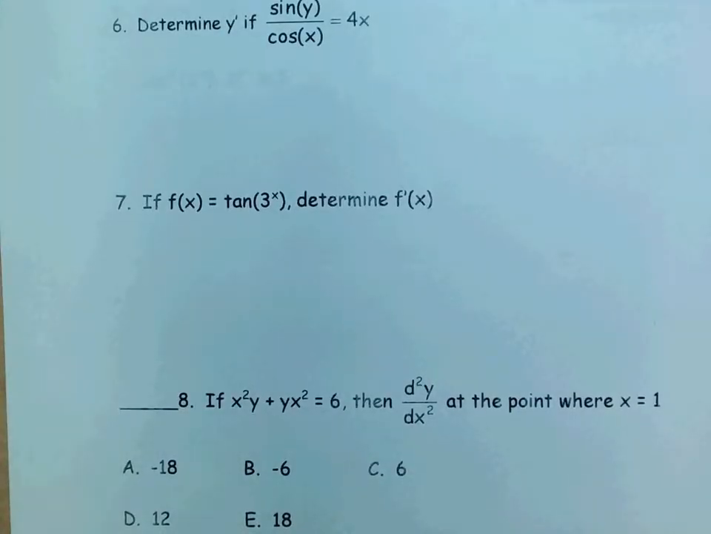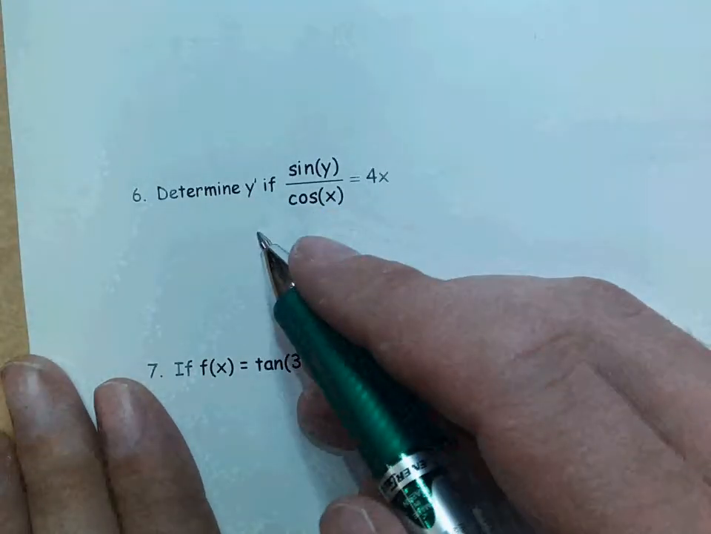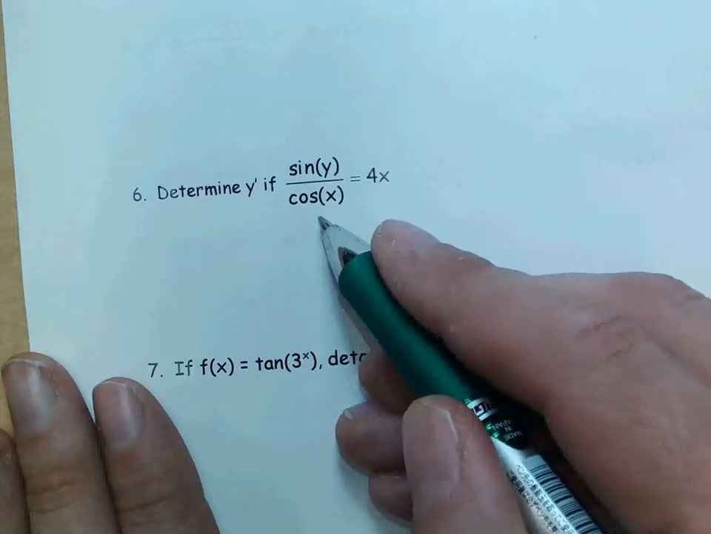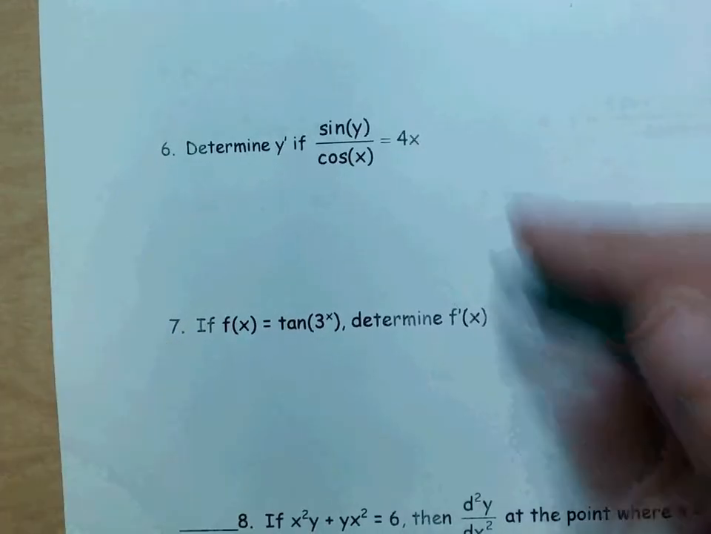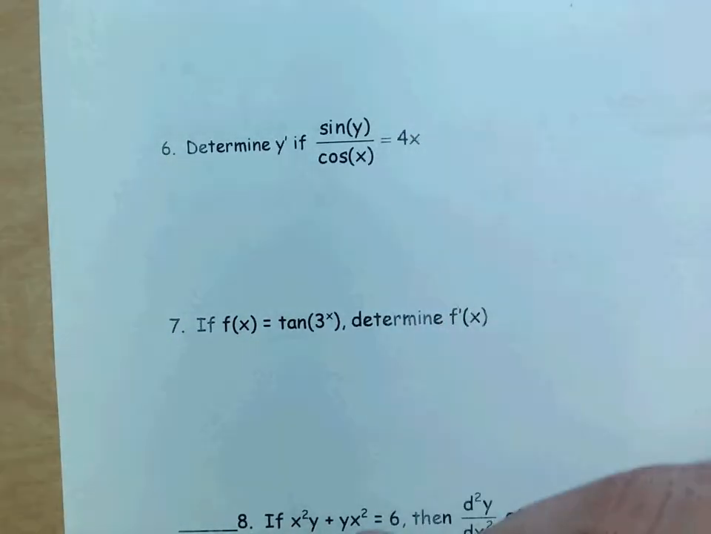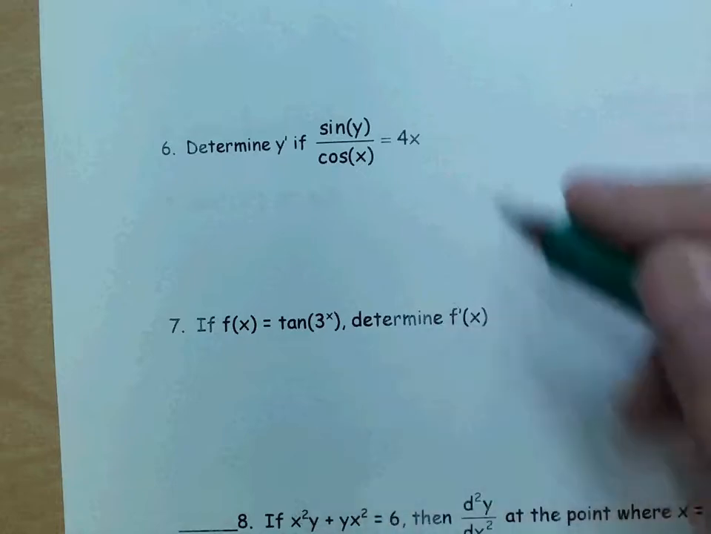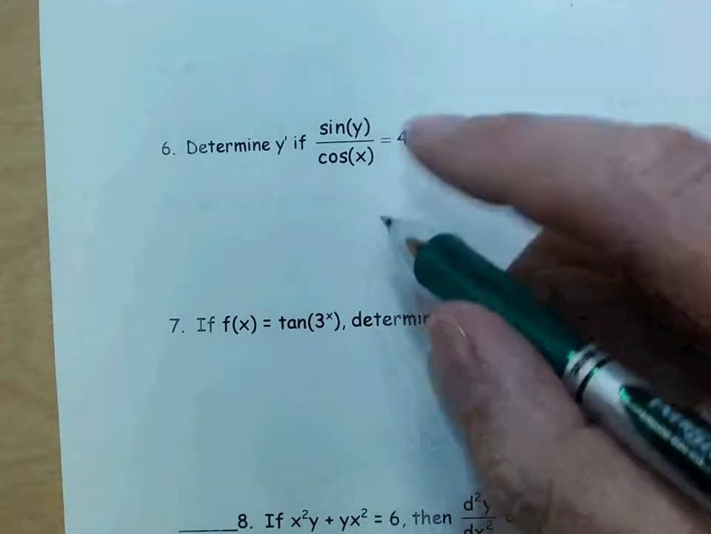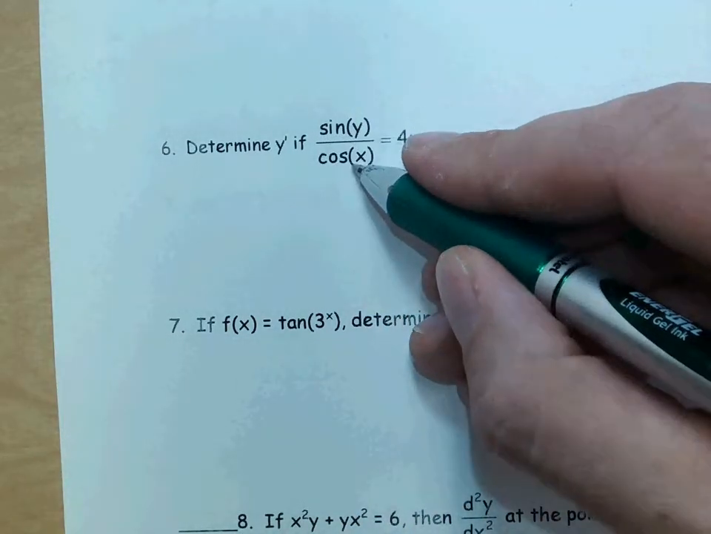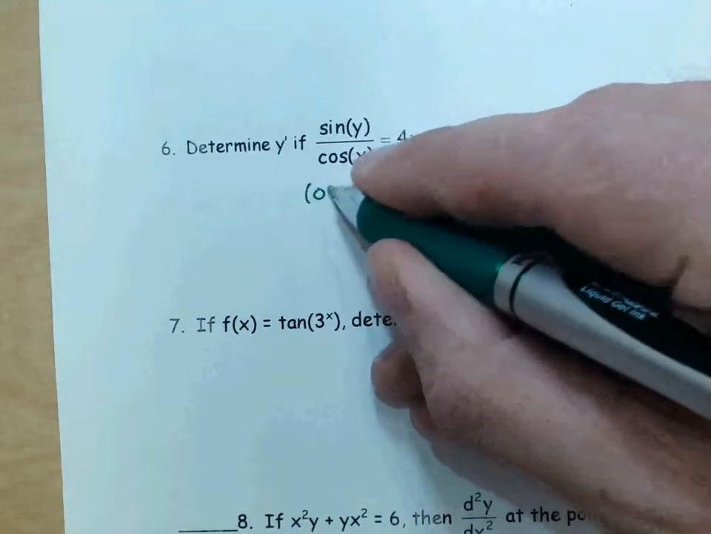On the back, I don't see anything crazy. I'll just pick one that I think we should do together. Let's do number 6. It asks us to find y prime. And so we're going to do explicit or implicit differentiation. I'm going to actually solve this two ways for you. The first way is to do an implicit differentiation